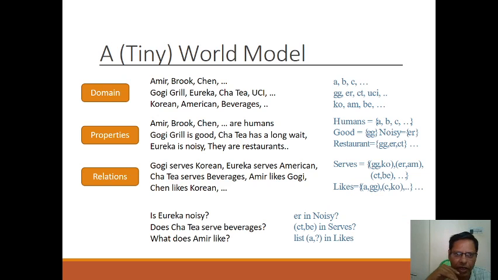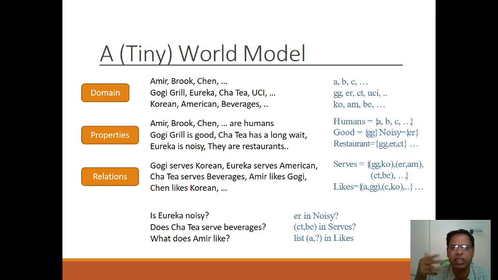Here, to go into this form, the statement is divided into domain, properties and relations. What is a domain? A domain is a collection of objects. For example, your friend or anyone can ask you, hey, you are working in software. Yes, I am working for. What is your domain? What is domain?